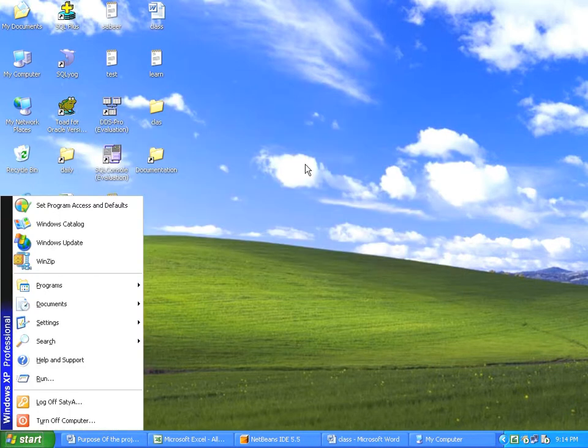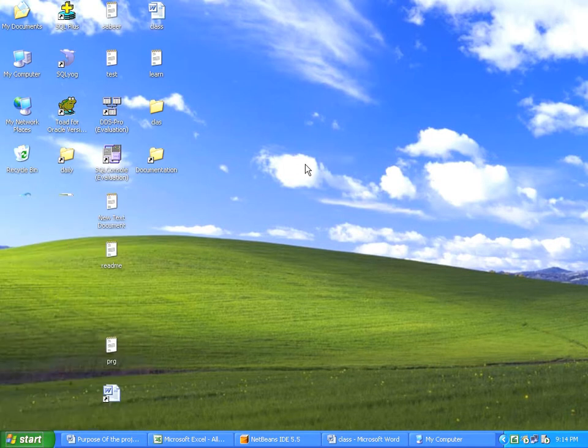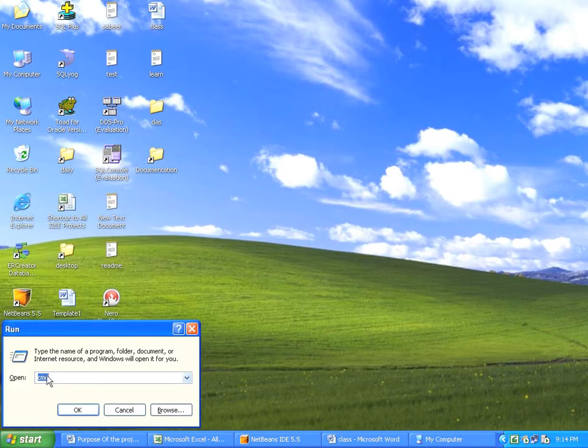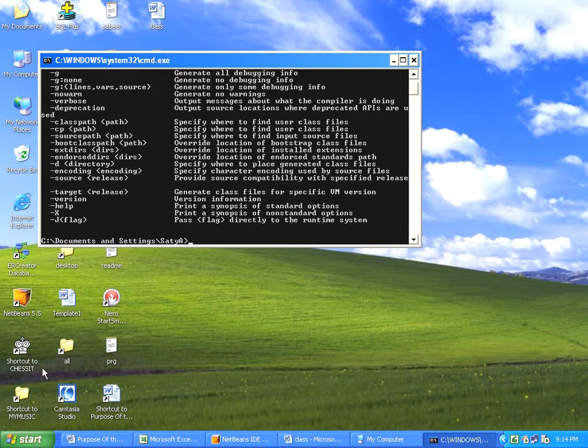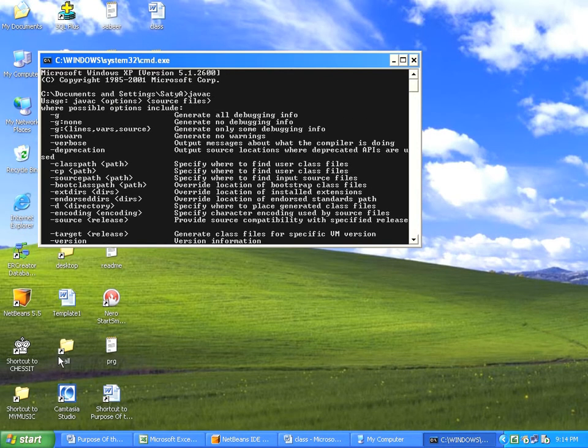Now you open a command prompt freshly. Run cmd, type cmd here, enter. Now type javac. See, is it working now or not? Why? Because we have set the path. So from now onwards, we are able to work with Java programs from anywhere in our computer, whether it is C drive, D drive, anywhere.